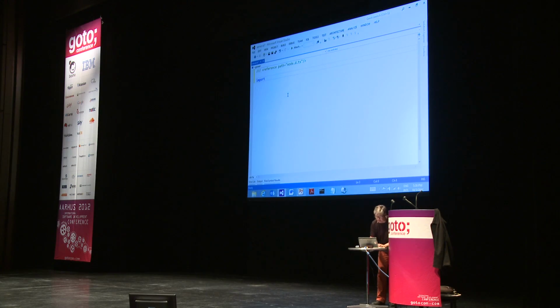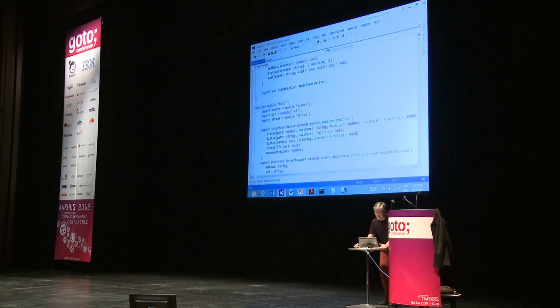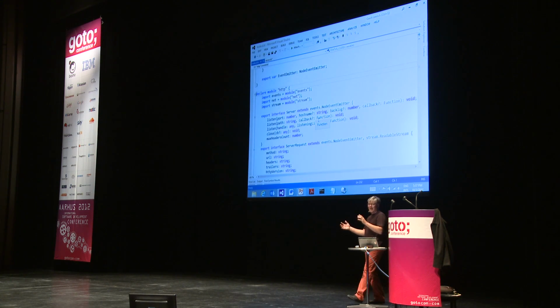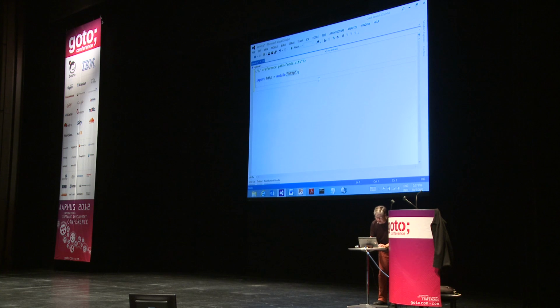And now I can say import HTTP equals module of HTTP, which is one of the modules defined by Node. And in fact, if I go to definition on this, you'll see that it jumps me into the adjunct static type information file for HTTP, and this is what it is powering off of in order to give me statement completion help. Okay, so let me now try to write a function here, export function simple server,